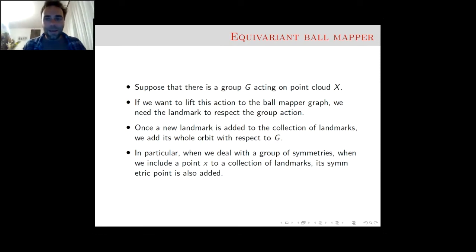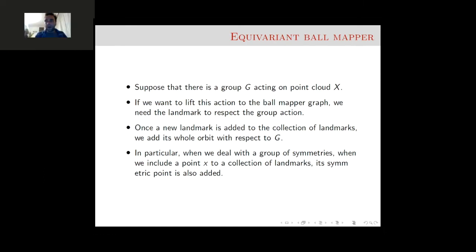How do we do it? The recipe is very simple. If you select a landmark point, a point from your epsilon net, as I call it, to the ball mapper graph, you add the whole orbit according to G of that point. So instead of adding one point, you are adding the whole orbit according to G. And then it's quite easy to verify that the action of G is actually shadowed in